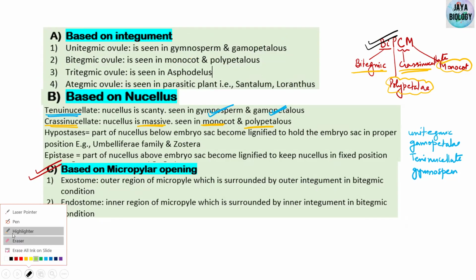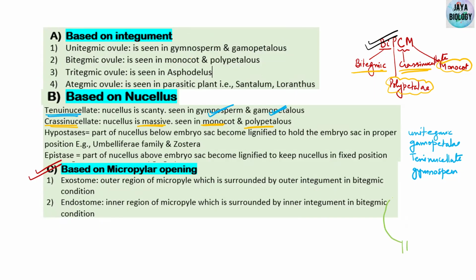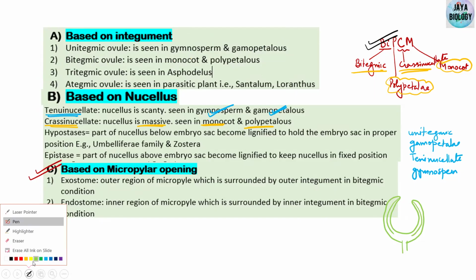Now, amount of nucellus. If you recall in the previous video, we studied this orthotropous ovule, clear? With this condition, a nucellus will bear the female gametophyte, means one cell of the nucellus will become a megaspore mother cell, which undergoes meiosis to form a functional megaspore, and one functional megaspore will give rise to the female gametophyte. We'll be studying further. Let me draw, this is the female gametophyte, which is 7-celled and 8-nucleate.